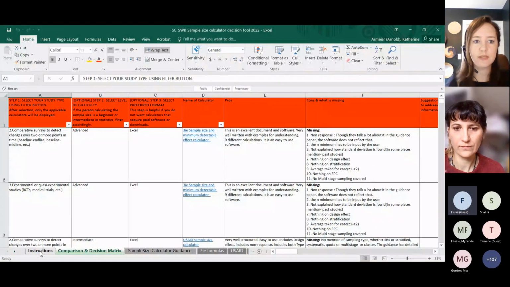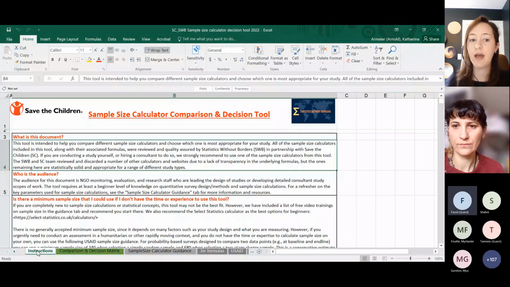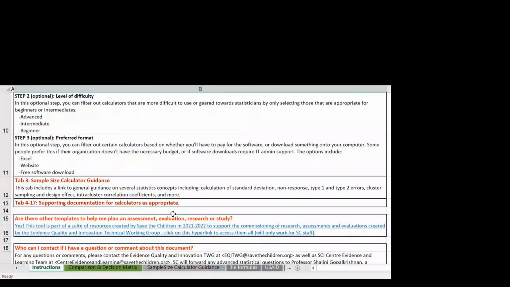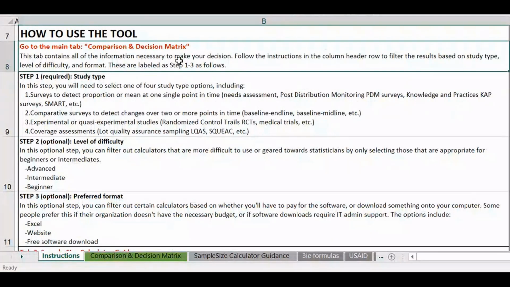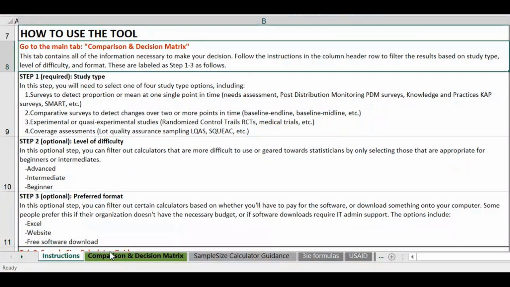Here is the tool itself. We've got the introduction tab, which really provides instructions for how to use this tool. The main part of this instructions tab is where it says how to use the tool. So it really goes through the step-by-step process of using the main component of this tool, which is the comparison